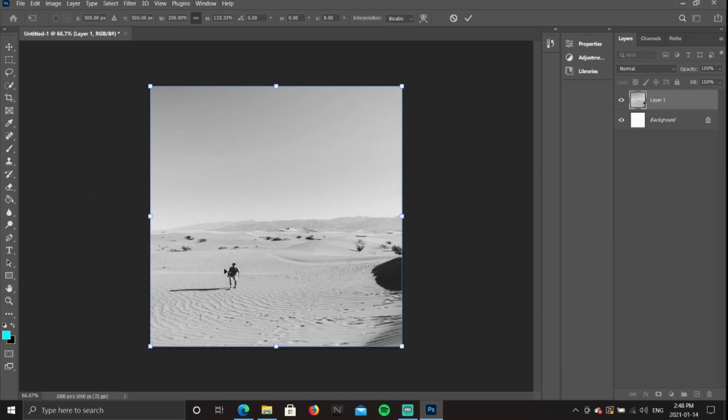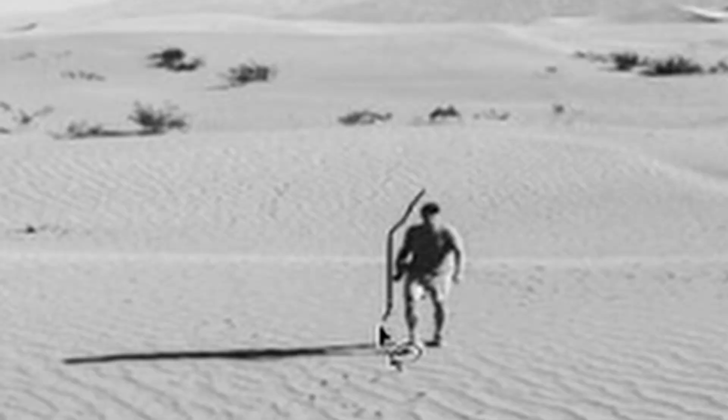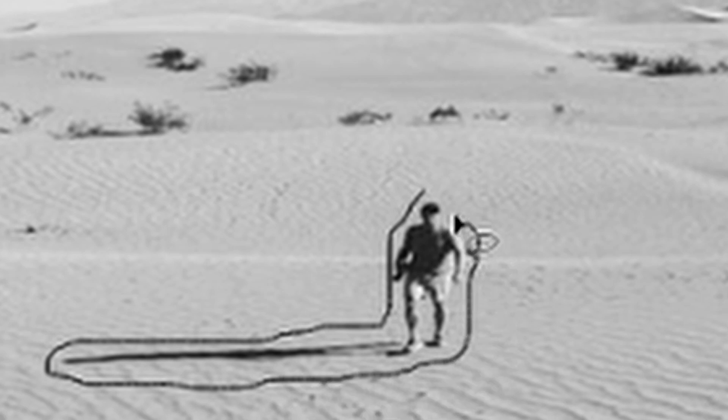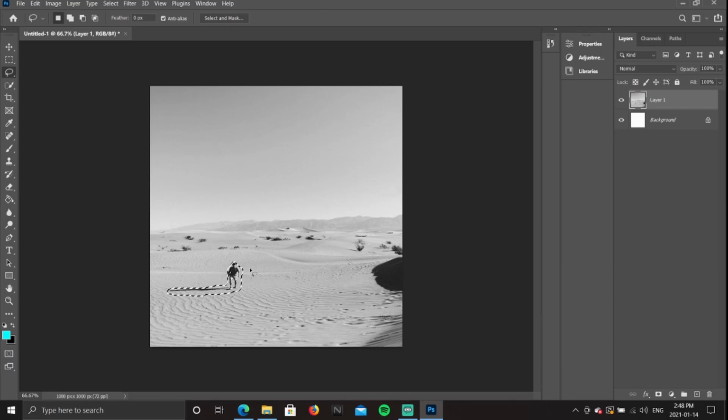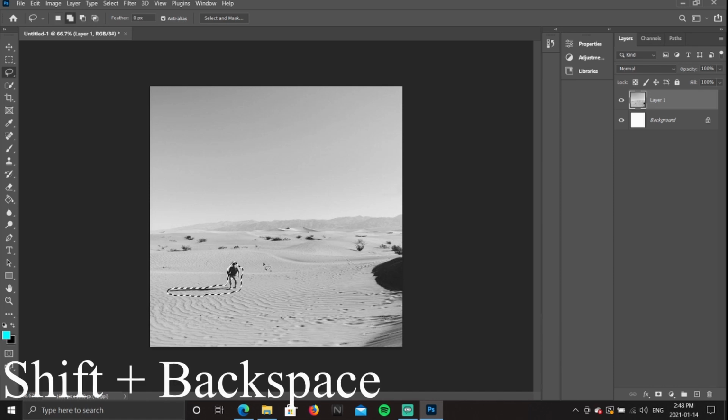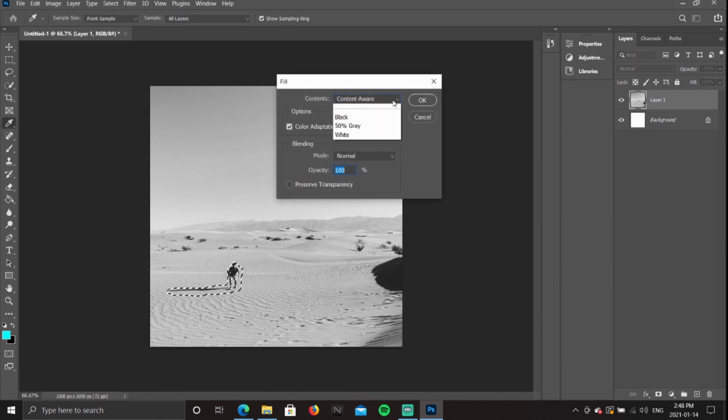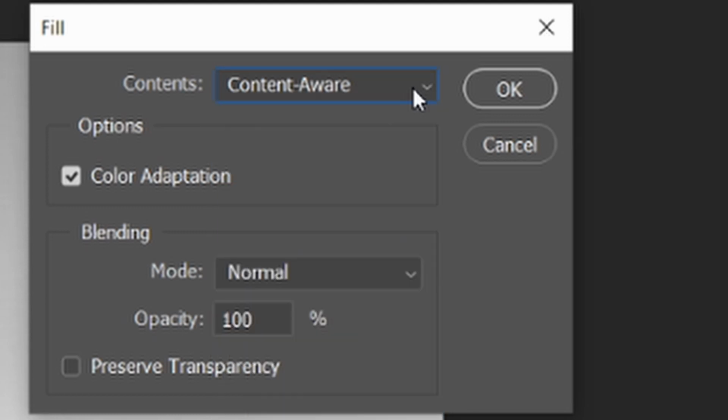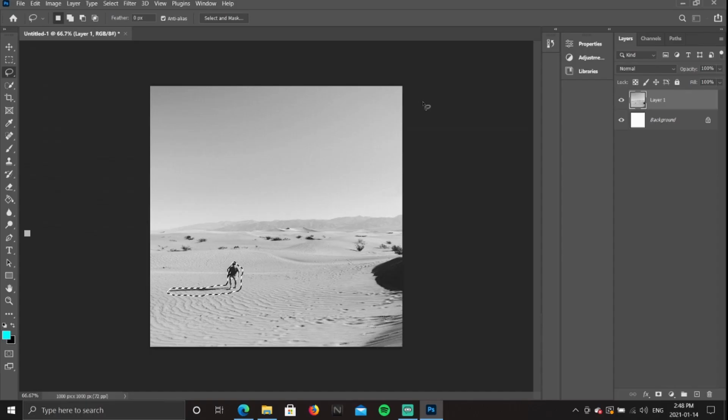And what we're going to want to do is you can press L for the lasso tool, or you can just click on it, and once you have it selected, you're going to want to trace around him and around his shadow, just like I'm doing. And then once you have that there, you're going to want to hold shift and then press backspace. Then you're going to want to have content aware selected, and everything like this must be correct. Then you press OK. And as you can see, this guy has been removed from our background. So this is going to be our background